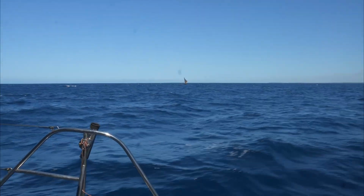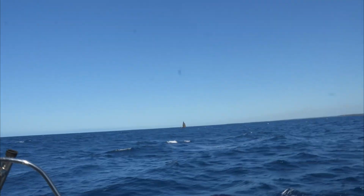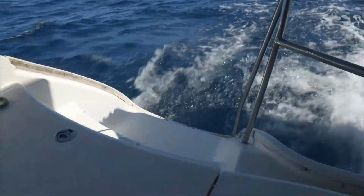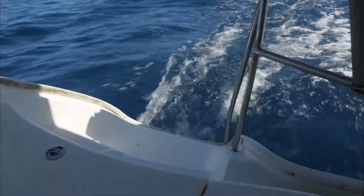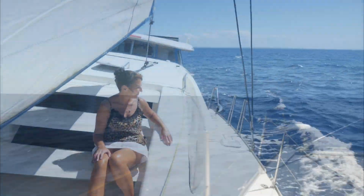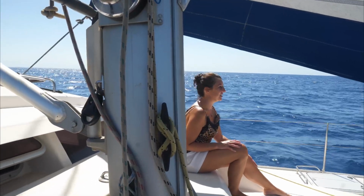Once again, we found a fishing dhow quite far out at sea in quite strong weather. It was 18 to 22 knots of wind, and this fishing dhow was sailing next to us. I'm sure they are bringing